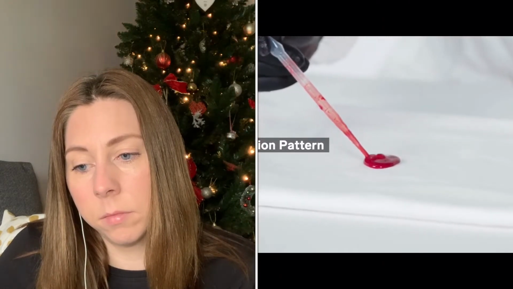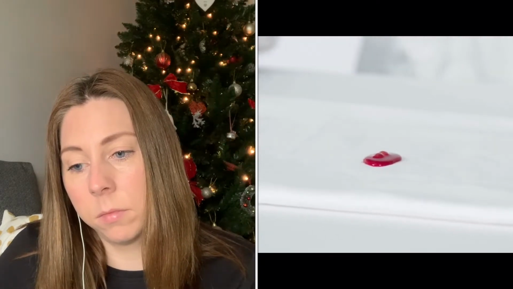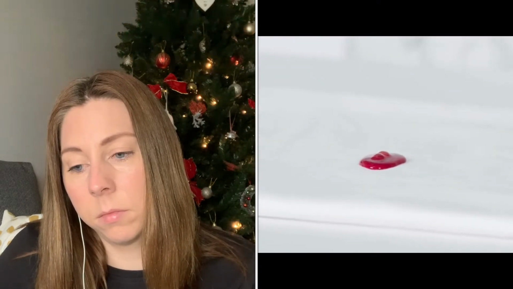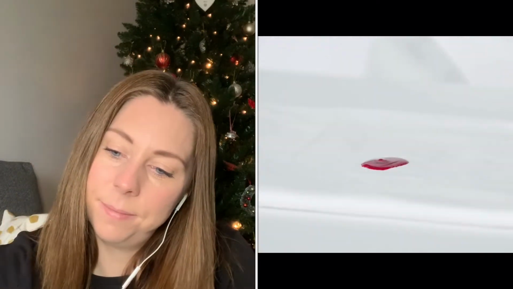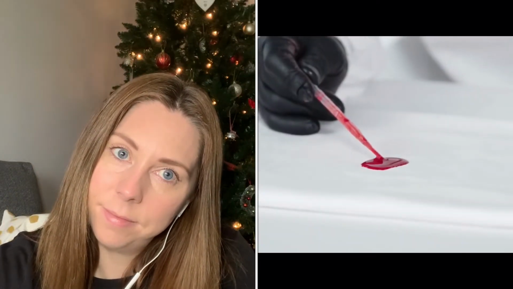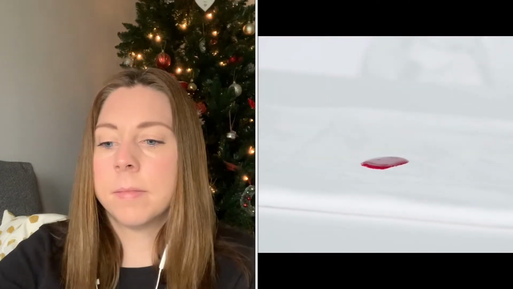Saturation and pooling patterns could tell us that someone is bleeding in a certain part of a crime scene for a period of time. Sometimes when we see bubbles at a scene, that could mean that we have an expirated pattern, or a pattern that's coming from an airway. But let's pop those. What this could tell me is that we had accumulation of blood there and that there has been